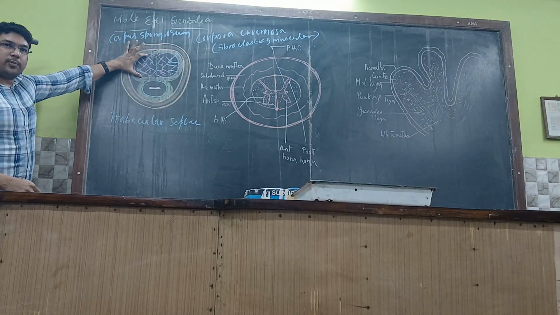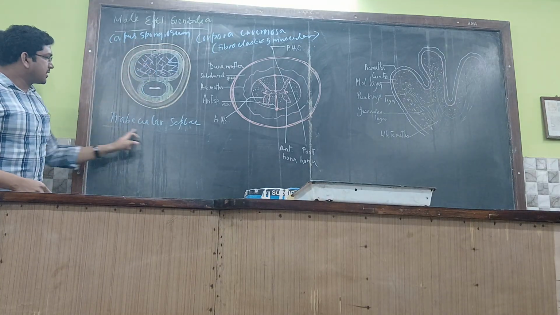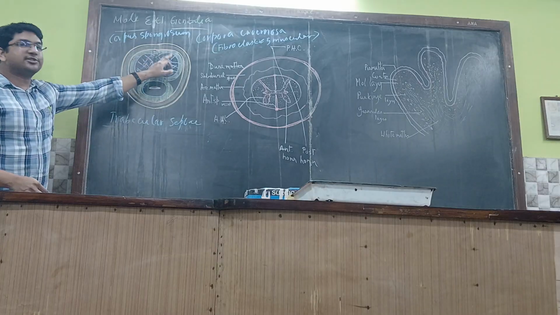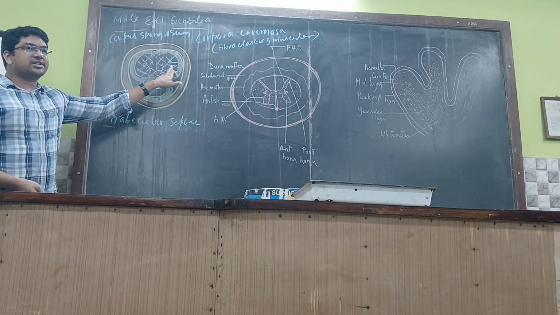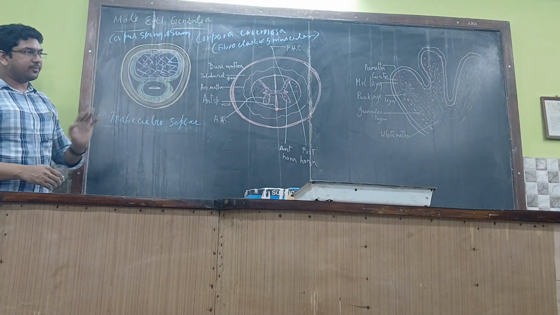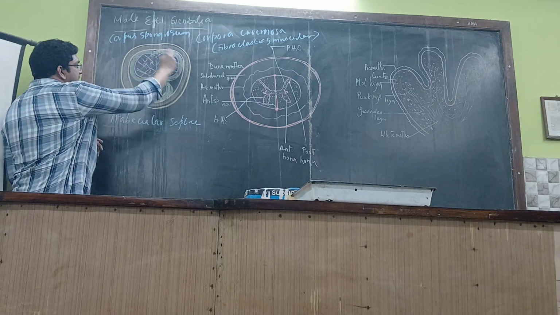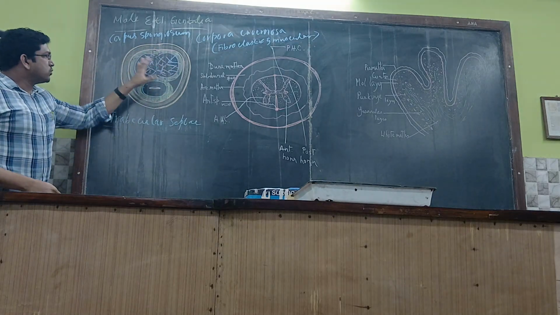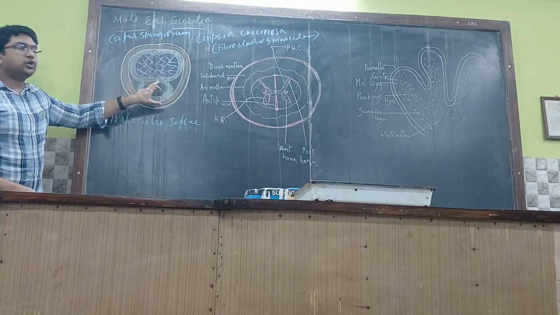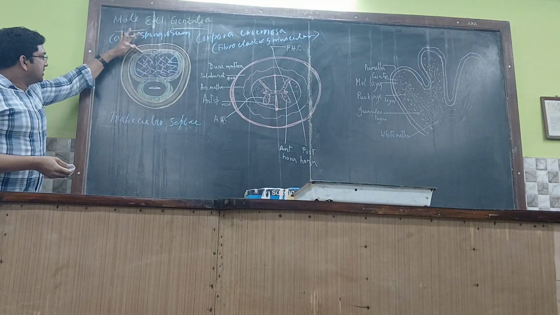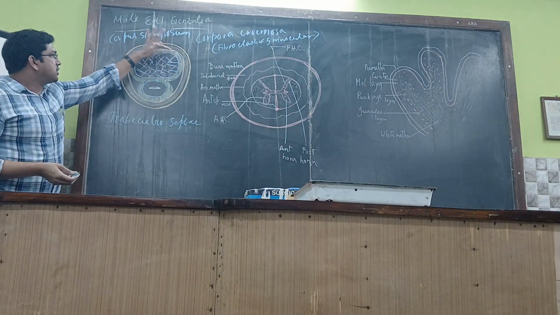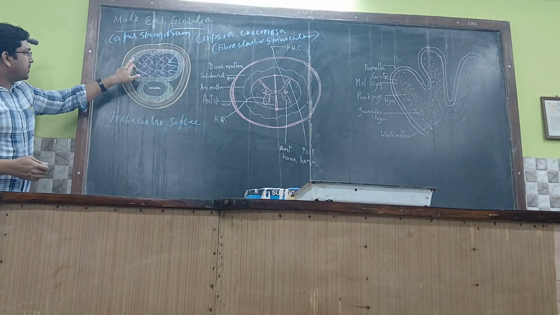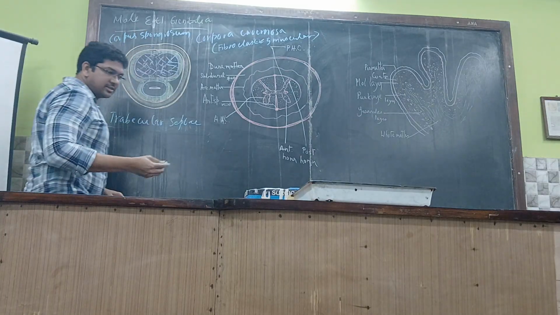So each corpus cavernosum is made up of trabecular septa and empty spaces, which later during erection will be filled with blood. These are the tunica albuginea over here. As a whole, this is one entity now, surrounded by the tunica albuginea. Above that, there will be one more fibrous structure, a little less thick compared to the tunica albuginea, which is termed as